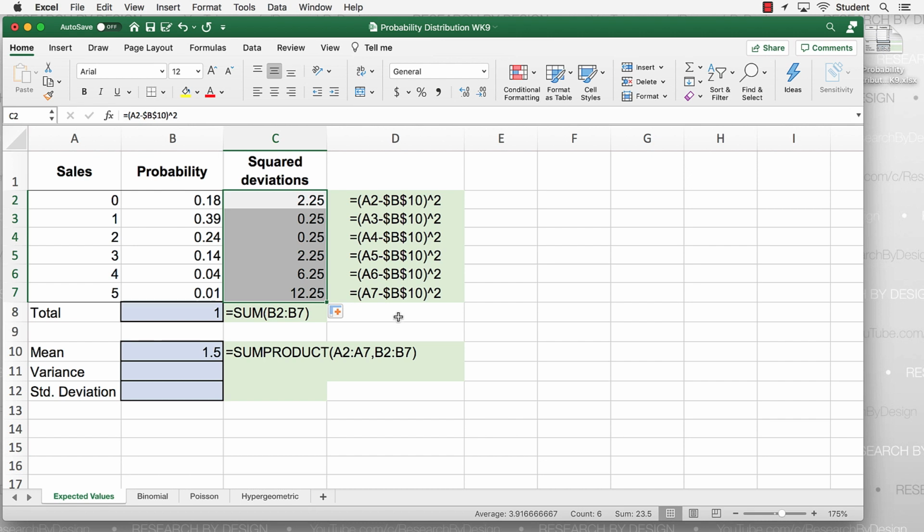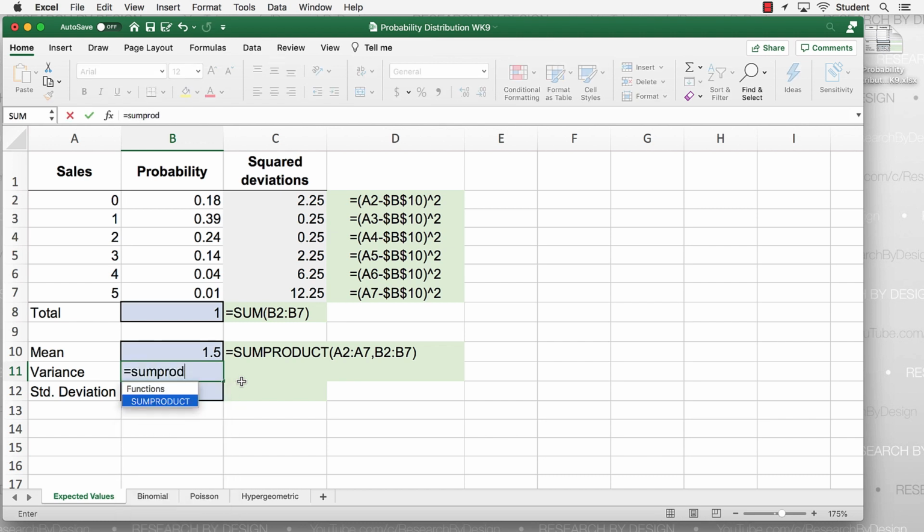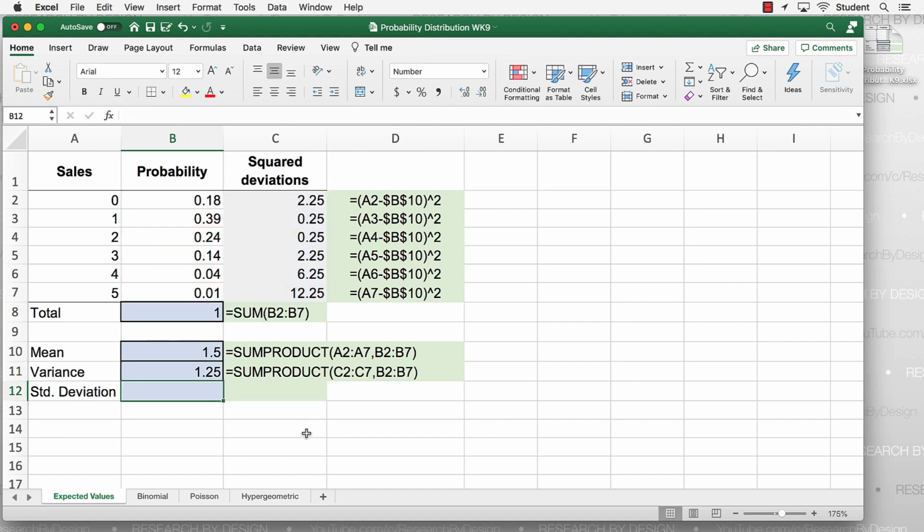Now we're going to use the SUMPRODUCT on the squared deviations to get the variance. So in cell B11, type SUMPRODUCT, C2 to C7, comma, B2 to B7. And this gives us our variance. Remember, variance is a squared value, so we want to unsquare that, take the square root of it.